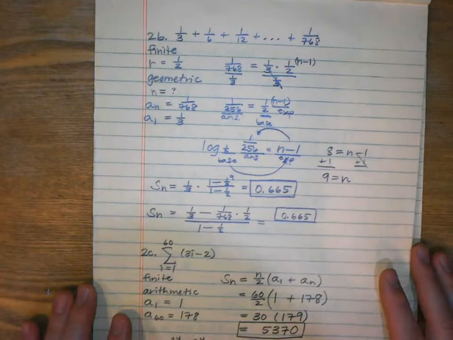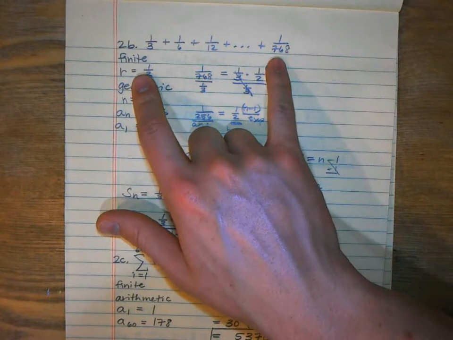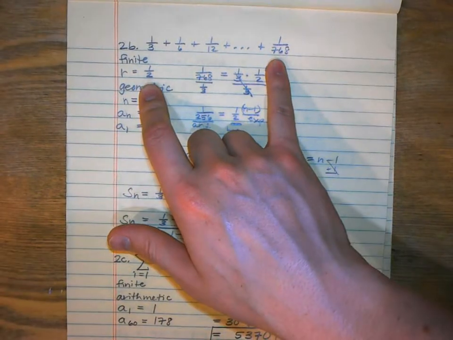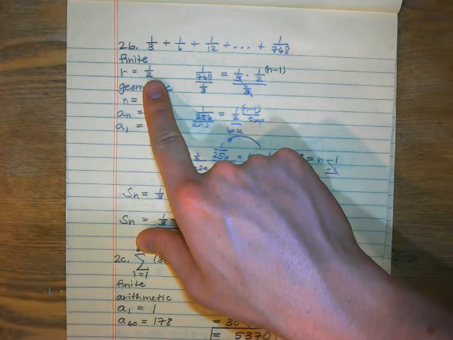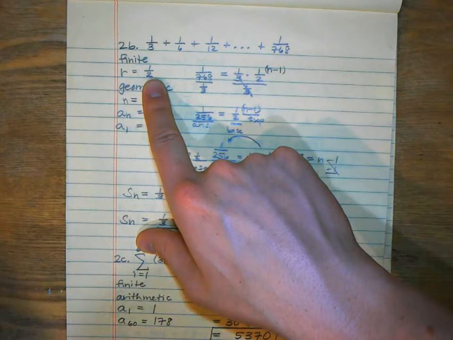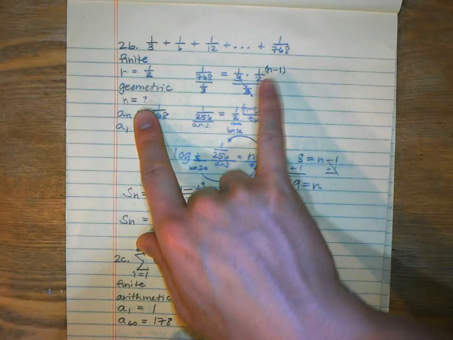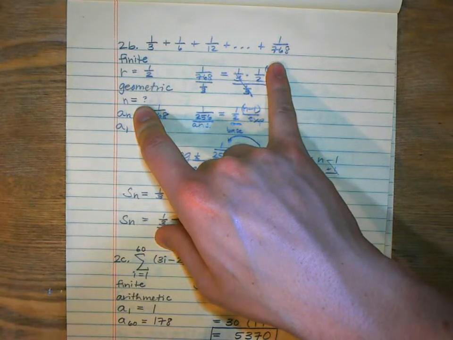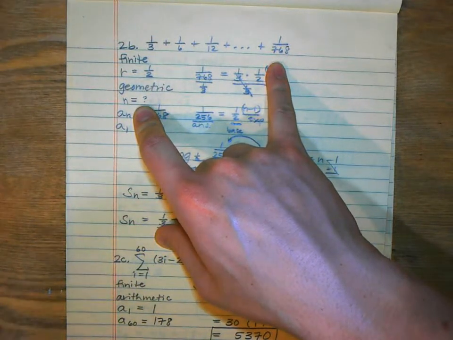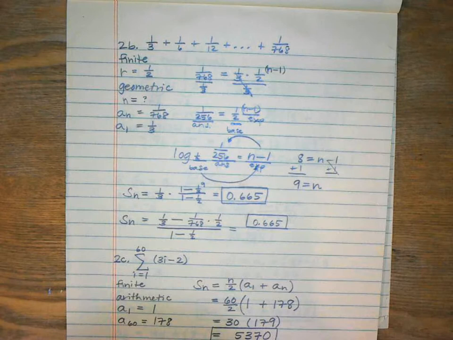Part B. Part B is finite because it does not continue on forever, but it's still geometric because the ratio is 1/2. It's also converging because the ratio is less than 1. The only thing I don't know is the end term for this final one, even though I don't need to know that, because there are multiple equations that allow me to figure out the partial sum of